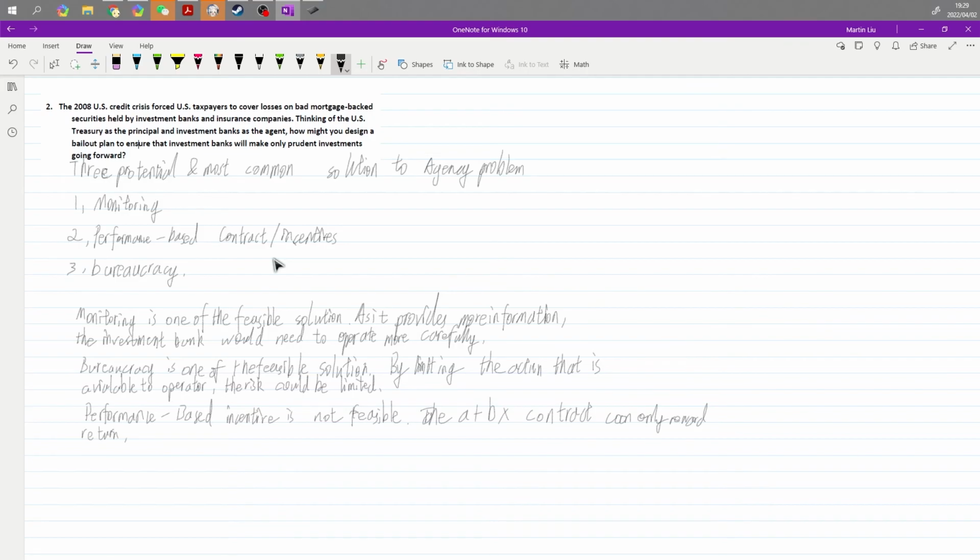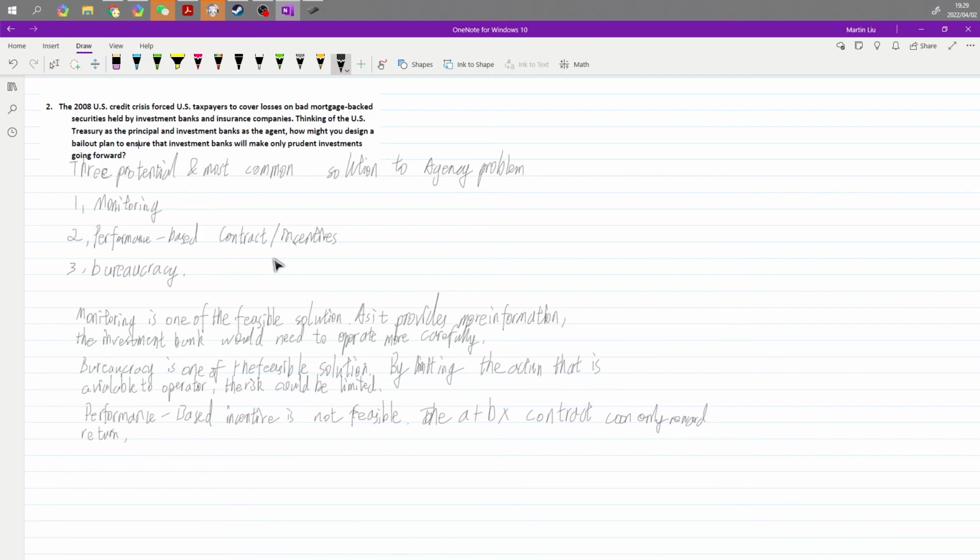So it is hard to measure. It is hard to make a centralized measure for the principal, so that they can measure both the risk and the value that is being created by the investment bank. There is a way to do it, but under the incentive-based contract, it's not so feasible. If we want to use a performance-based incentive contract, there must be other things coming along with it.